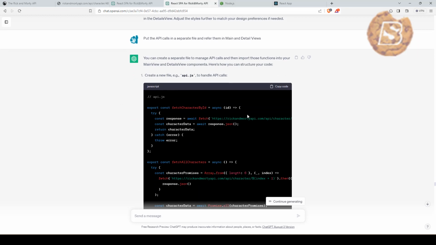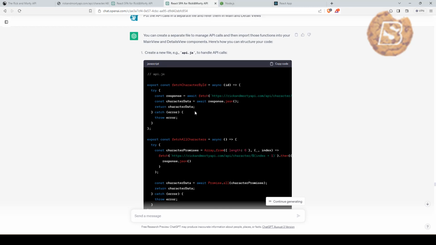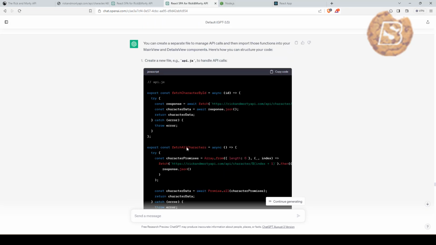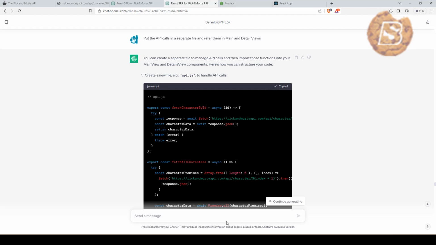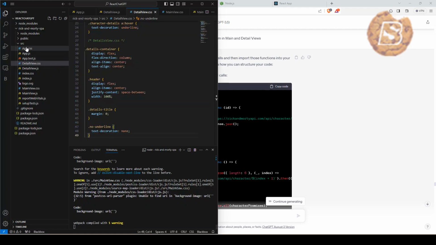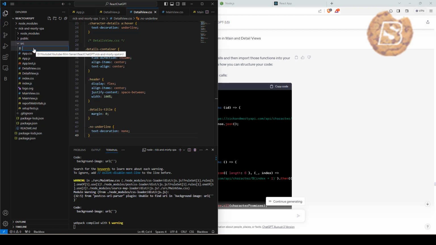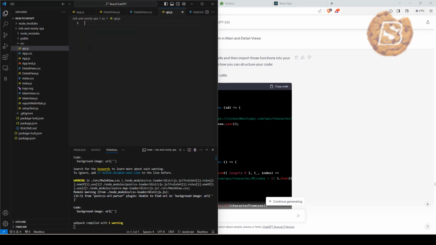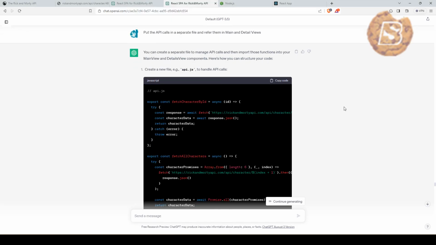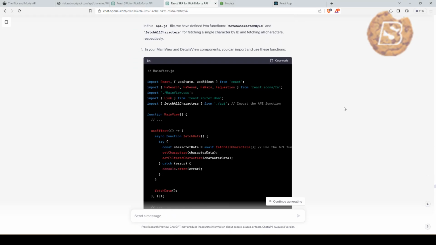So what it does is it creates a file api.js where it has got this fetch character by ID and fetch all characters mentioned. So we just copy this code now, and over here we can go in our src directory, create a new file and call it api.js, put this piece of code,